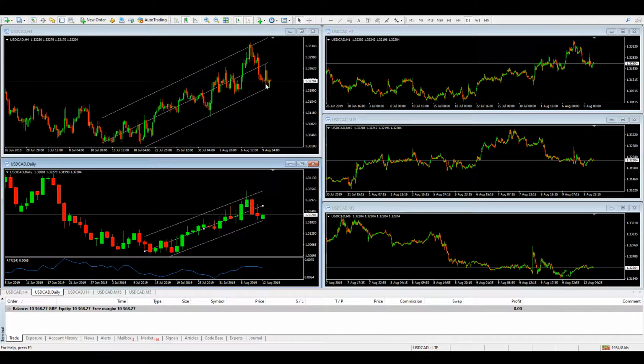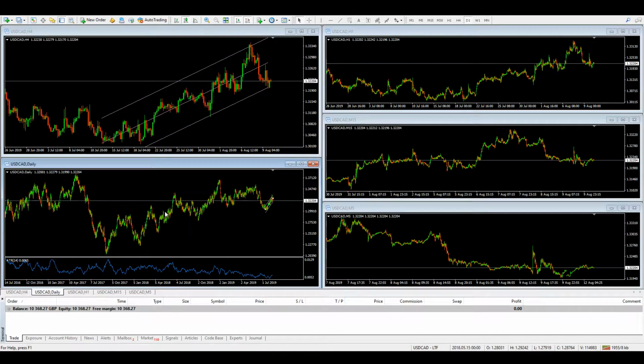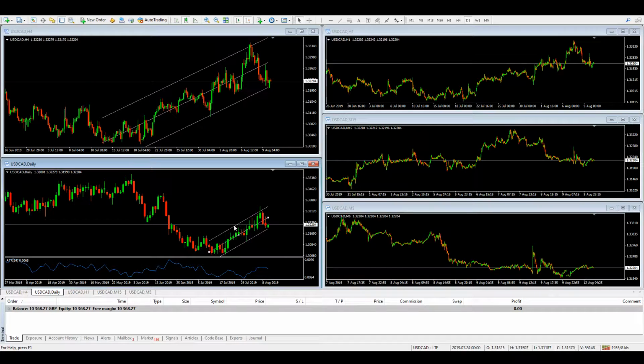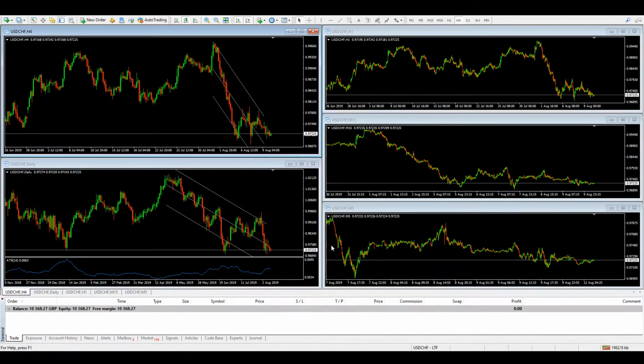So I mean the channel looks great on the 4 hourly, lovely price action, higher highs, higher lows. The daily, I mean that could just be a retrace, but if there's a nice reversal candle or a bottomy type candle today, close of trading today, then perhaps tomorrow that would be worth considering longs on. No,